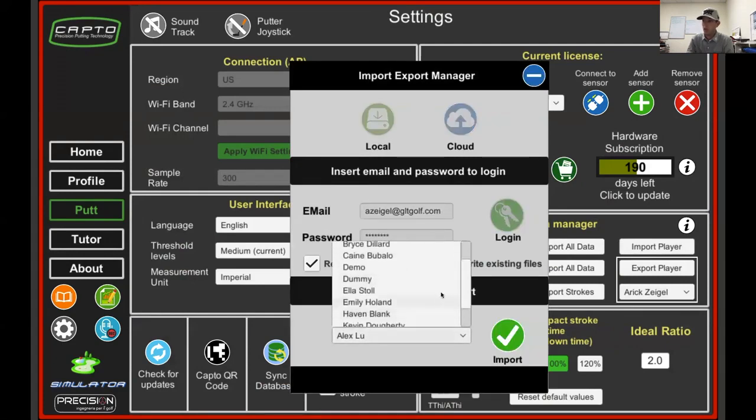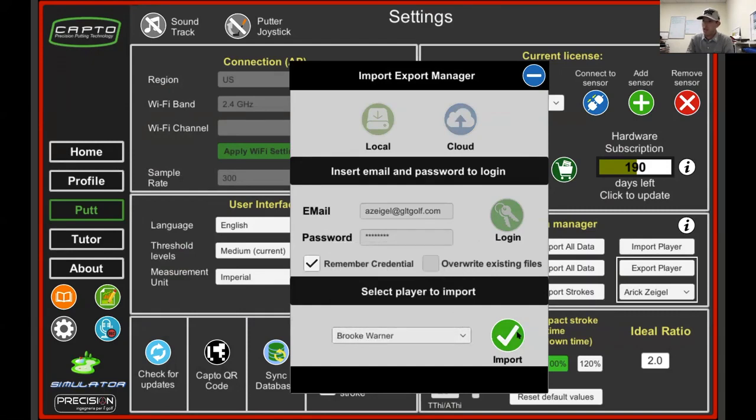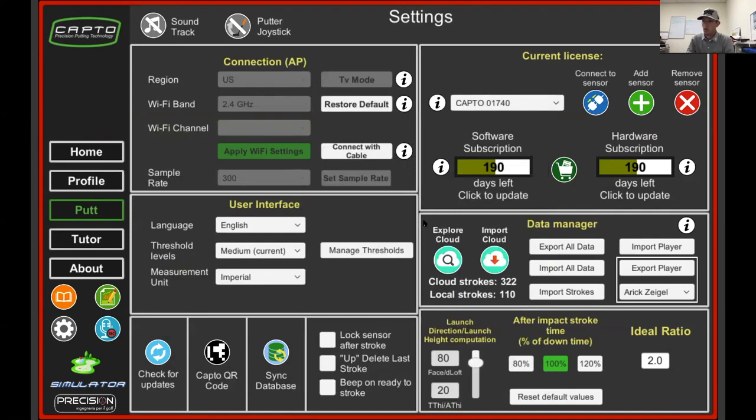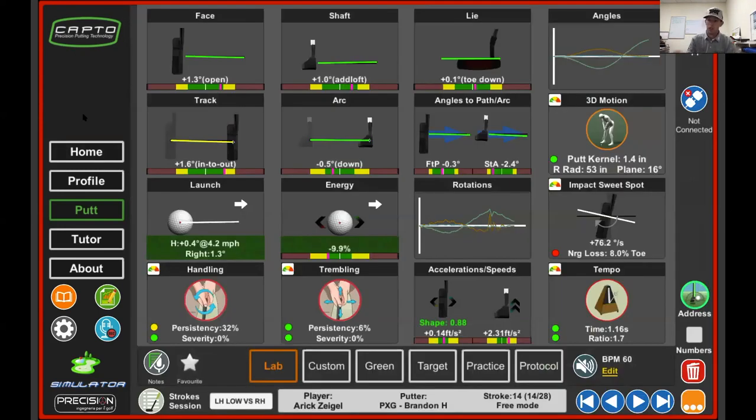I can then see all the players. These are the players that are also on one of my other devices. I can click on that, and I can import all that data and get all their stroke information in here as well. It updates really frequently, which is nice. When you log into the home screen, you'll get a notification if there is an update. Capto is great about taking